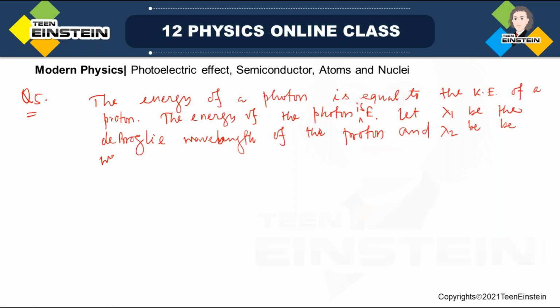The ratio lambda 1 by lambda 2 is proportional to